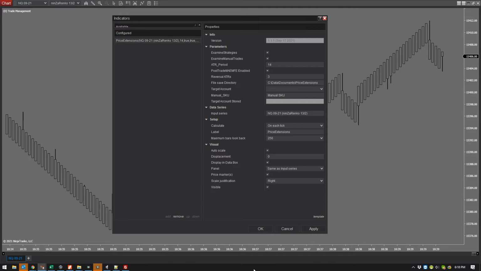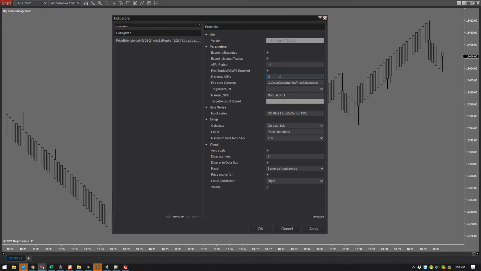Or am I getting in? I mean, if I'm getting in and then getting stopped out, well, I kind of know what the high is, but I want to know what the low is, for instance. So if I get popped out on an MAE and then it goes 2 ticks, well, I would never know that. And so with the extensions, it will continue to track your trade for, I have it defaulted for 3